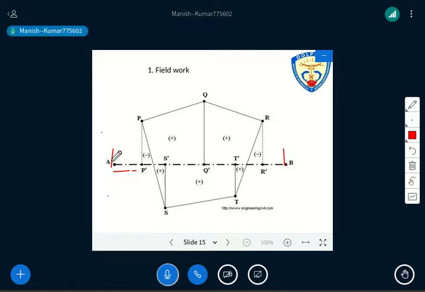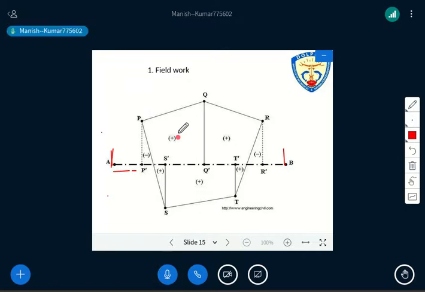So after putting the ranging rods at A and B, you have to make one chain line here between A and B by judgment of eye, and then you have to lay one chain on it. Is it clear up to this point? Everything is clear? Have you understood the procedure up to this point? Right, then after that, what you have to do, again look here in the image itself.